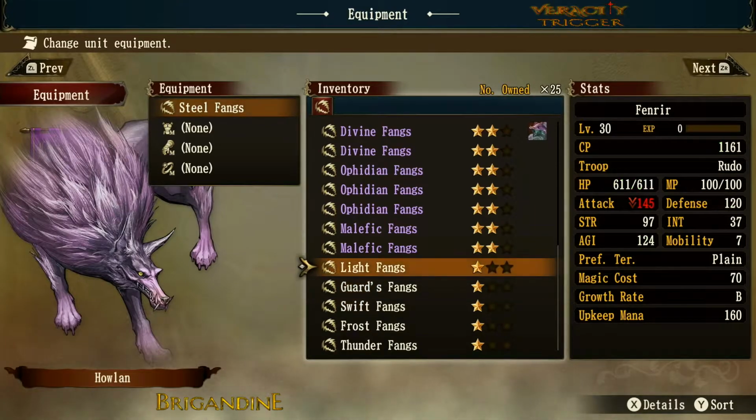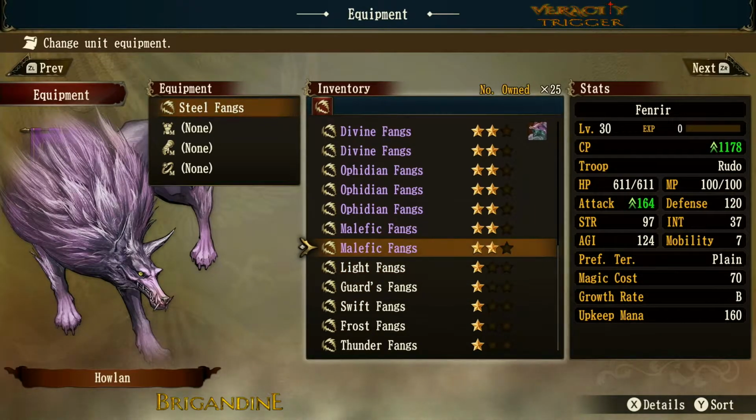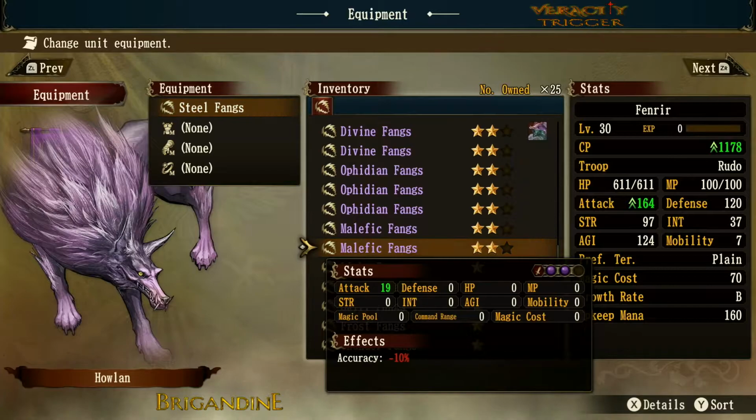All right, let's go check out purple gear here. Let's see what this does. Malefic fangs. Look at the attack here. Attack is twice the value of the steel fangs, literally, or more than that actually. Yeah, it's definitely more than that. Plus, it has an extra dark purple elemental attack. The only difference is that